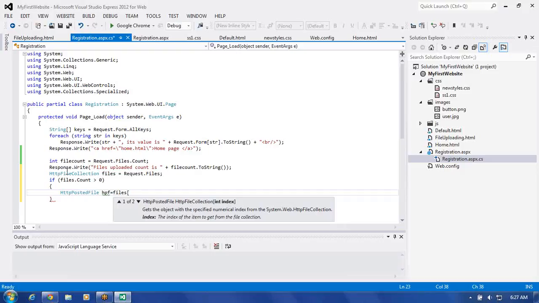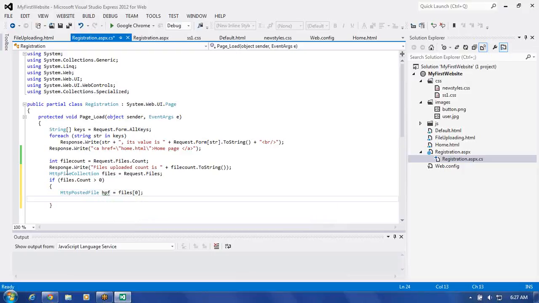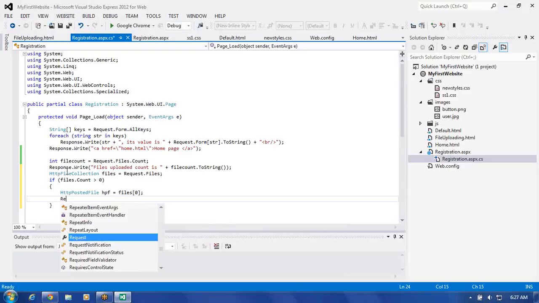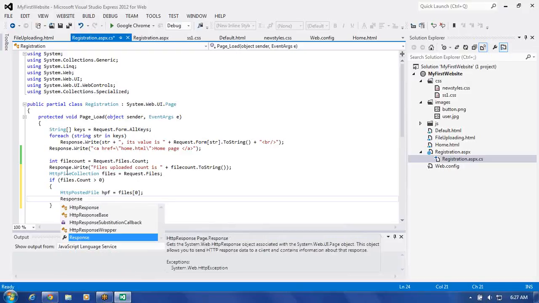So we are going to get the posted file from this. Files of 0 we take, and then we try to do it this way. Now HPF dot file name, probably we have here. We can take the file name and even that can be saved. Here write Response dot Write